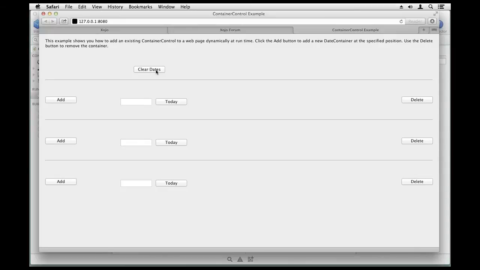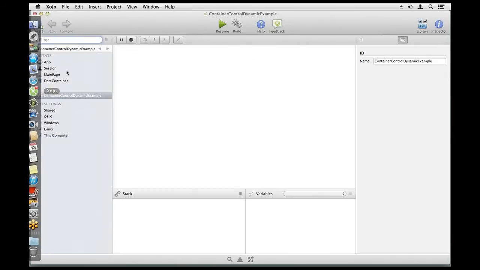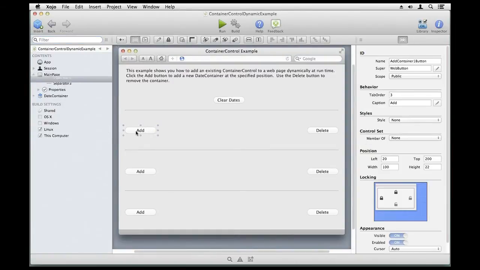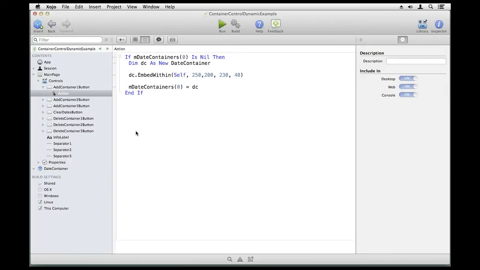This is all done completely at runtime. There's no actual container on this web page, which we'll look at in a moment. The container is added when you click the add button. So let's see how that works. So I just double clicked on that to show the code. And you can see right here, it's just checking if the first container is empty. And if it is, or if it's nil, meaning we haven't declared one yet, it's creating a new one, and